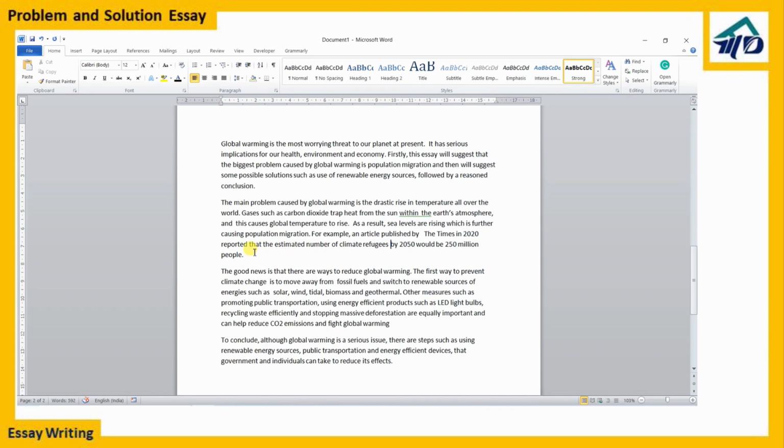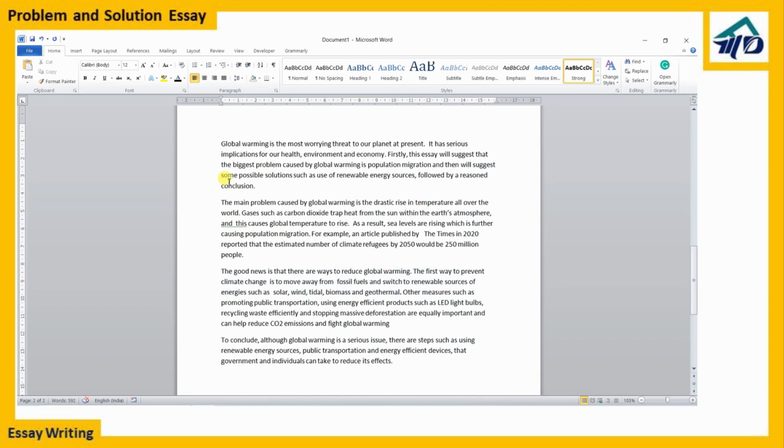But if you ask me, can I make it 220? So for a 220 word essay, I think I can write this a little bit shorter. Okay, outline: instead of 35 words, I can make it 25. Okay, 10 words. Then if I don't write other measures, it would be a very small paragraph, and that is not good from a structure point of view. So overall, it's okay. You are supposed to write a minimum of 200 words and not more than 300. So 244 is okay. That's all about this essay.